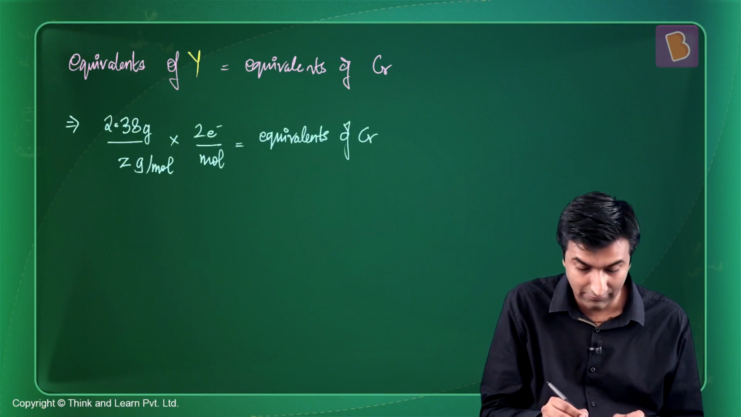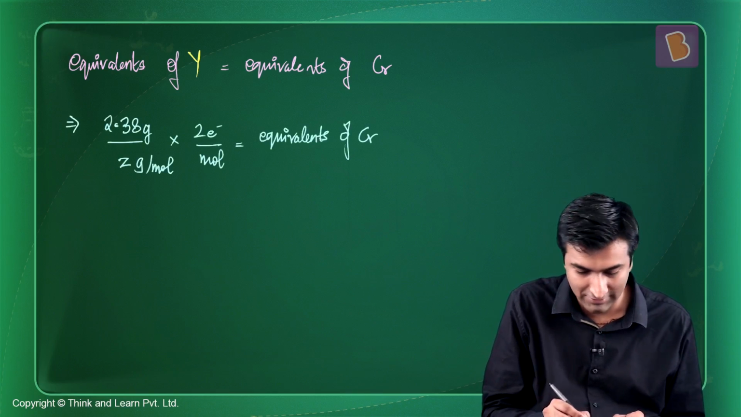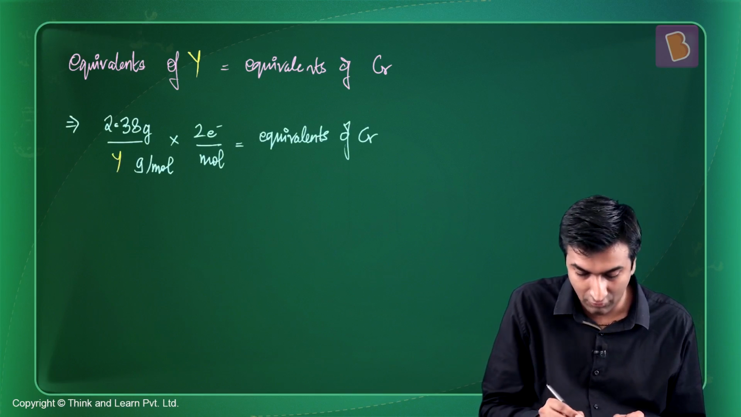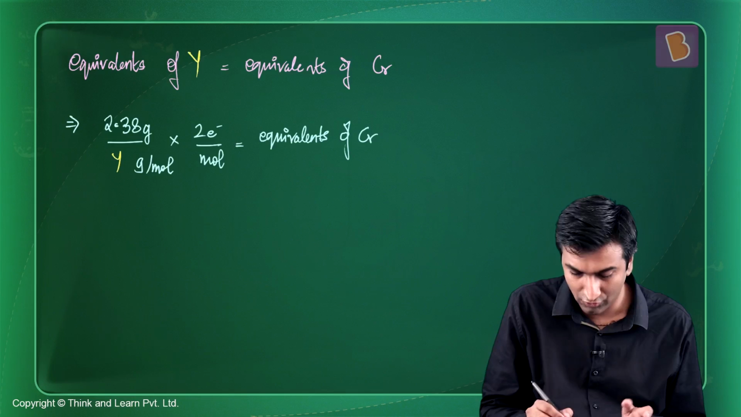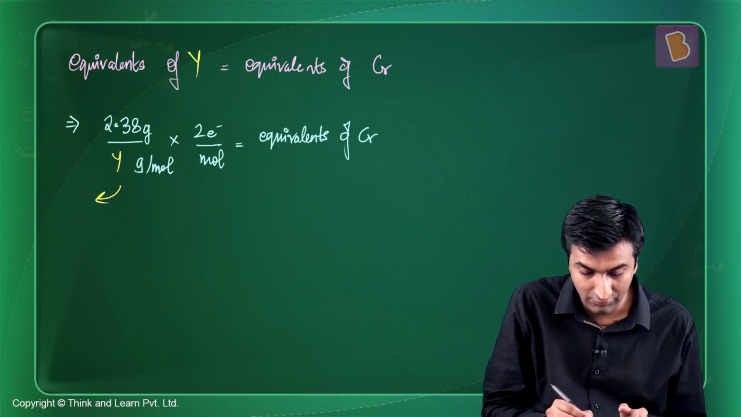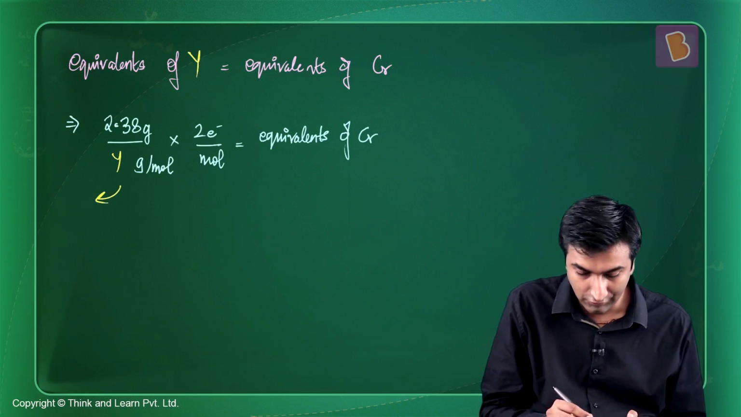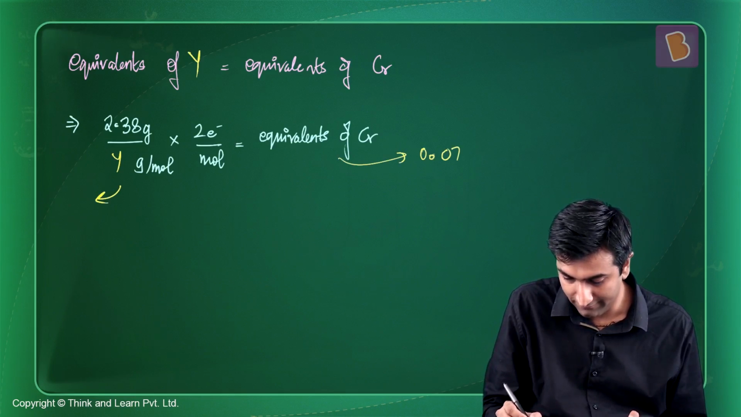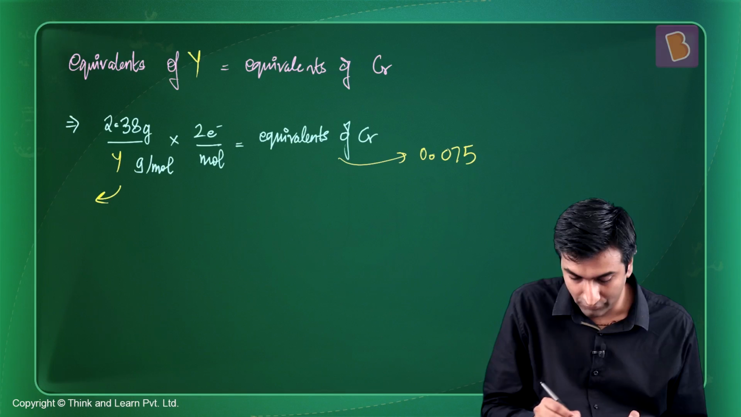The mass deposited here was 2.38 grams. I'm using the same equation again. This again is Y gram per mole, which is going to be the mass, whatever that is. I don't know what that is. Once I get this, I'm going to be able to figure out the identity. Yeah, that's the goal. So equivalence of chromium, again, this is 0.075 and Y gram per